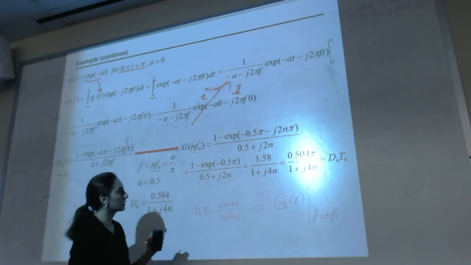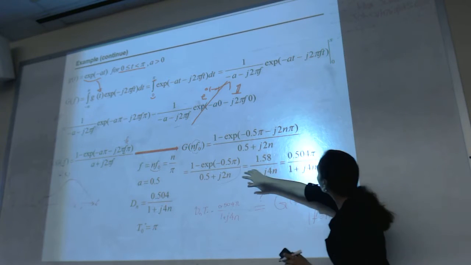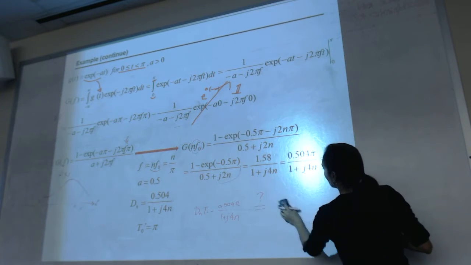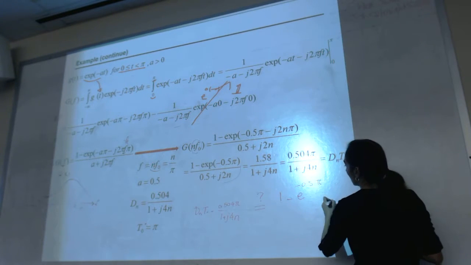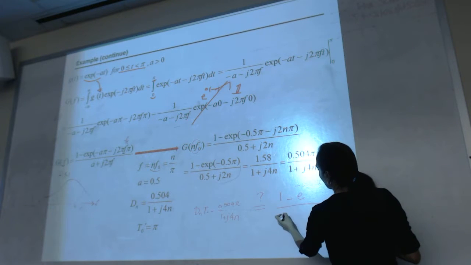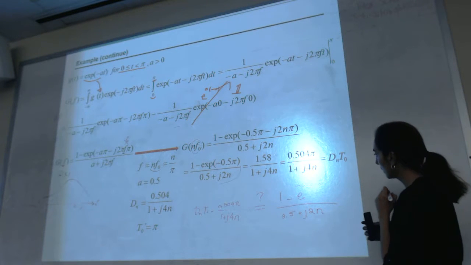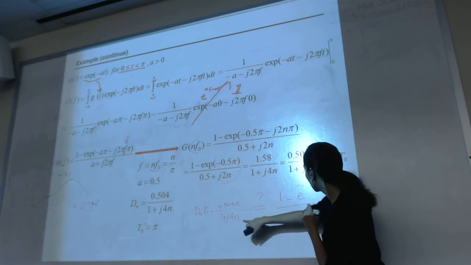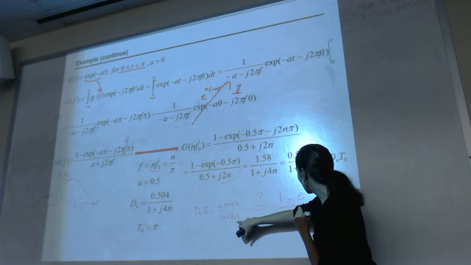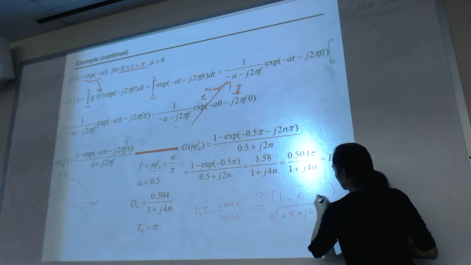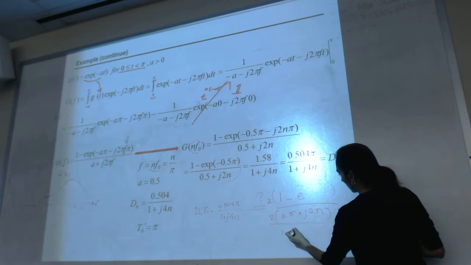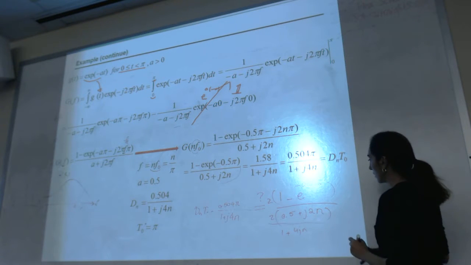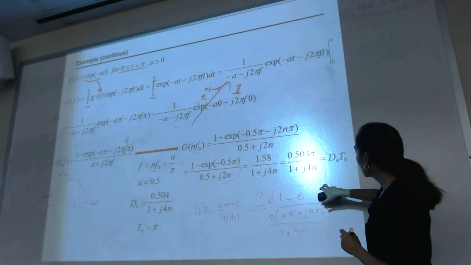Now let's look at the other part. On this part, G of f at that, so I got 1 minus e to the power of minus half pi divided by 1 plus j 2f. So let's multiply these by 2 so that I get the denominator the same. So then this gives me 1 plus 4 jn. Okay, good. I'm fine with the denominator. Now the numerator,